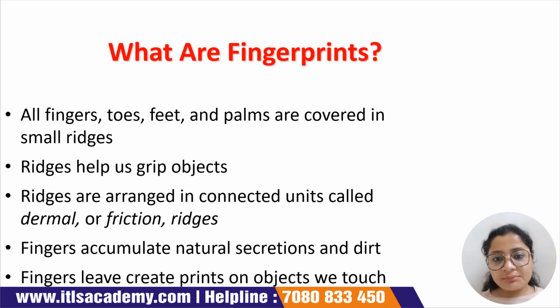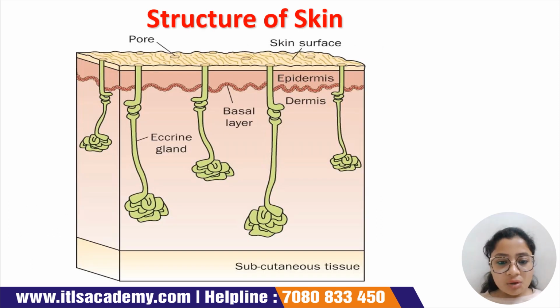And whenever we are gripping an object or even touching an object, we are actually leaving behind our fingerprints, which are coming with the help of those ridges. Fingerprints are produced because we have ridges on our fingers and toes. Okay. So now obviously, since we are talking about our fingers, our toes, our palm, and fingerprints, obviously, whenever